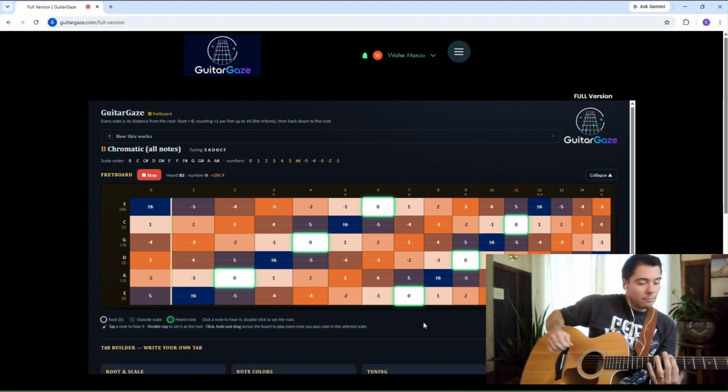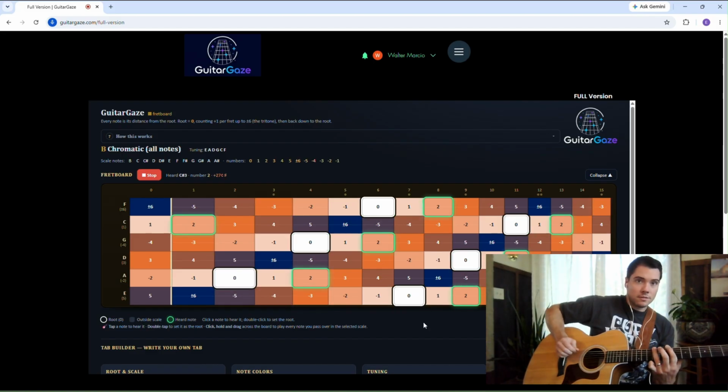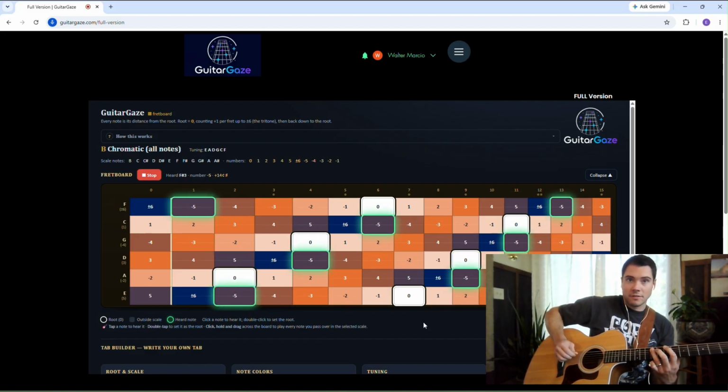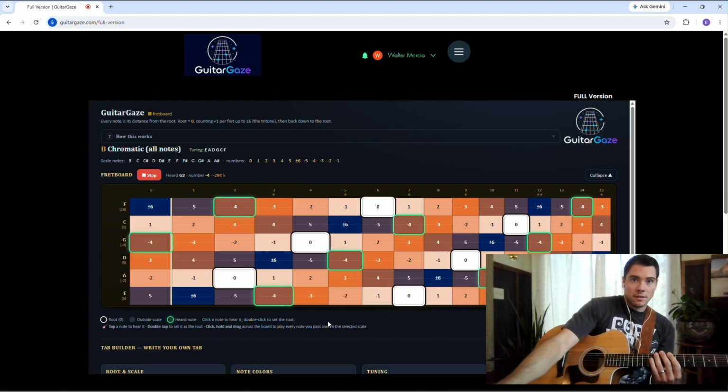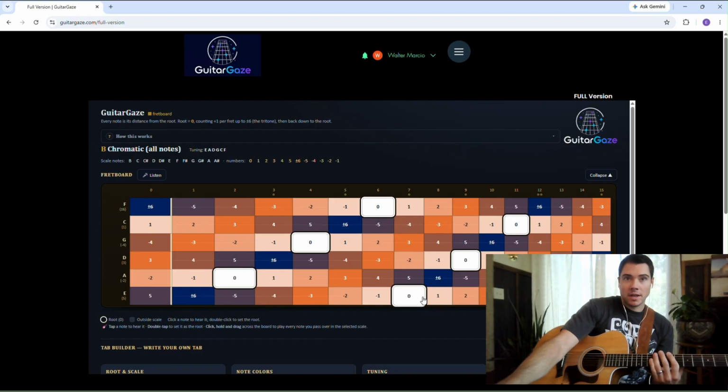So B as the root note. It's listening to what I'm playing. I'm going to go up 2, 5, -5, -2, 0. That is the pentatonic neutral scale,